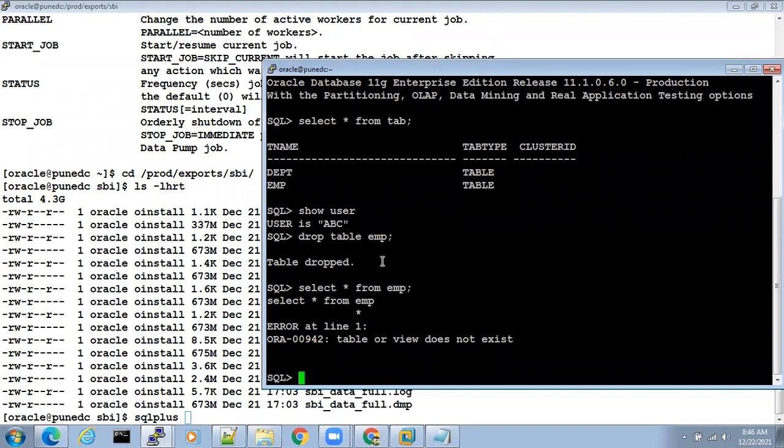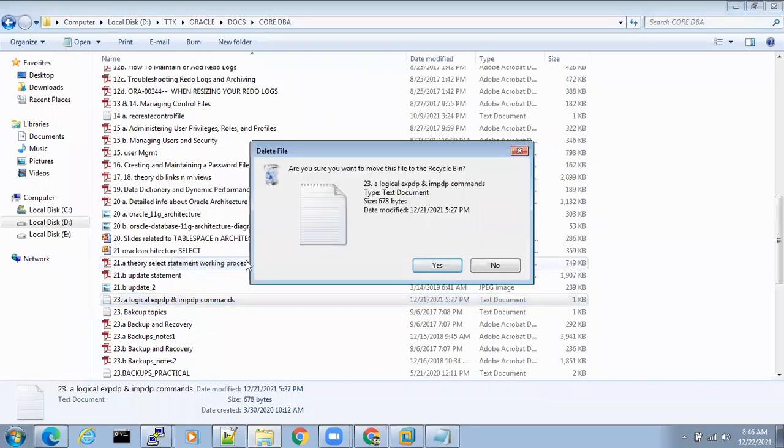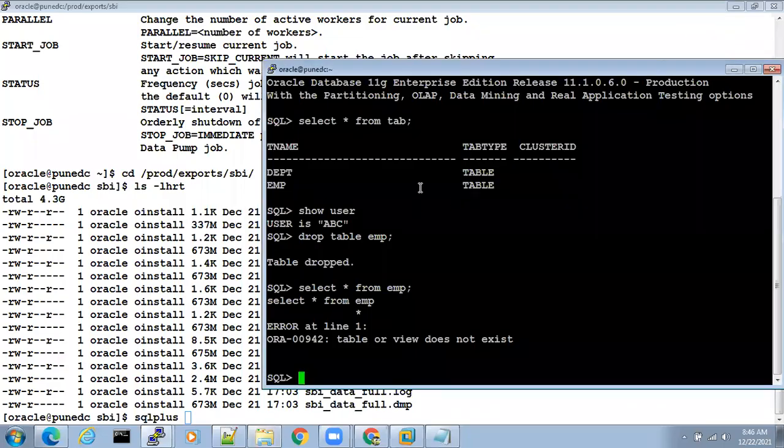Okay, what is this recycle bin? For example, if you want to delete a file, it says, do you want to move this file to recycle bin? If you click yes, it will move to the recycle bin. And this file will be stored in the recycle bin for as many days as the retention is set. And then it can revert. We can actually restore the file back from recycle bin. Can we or no? Yes or no? Yes, sir.